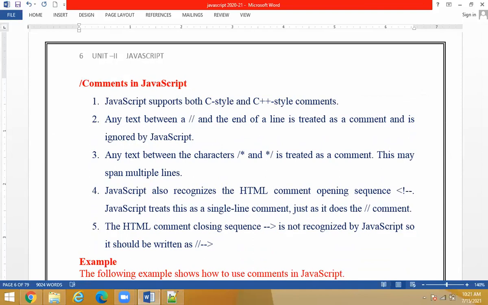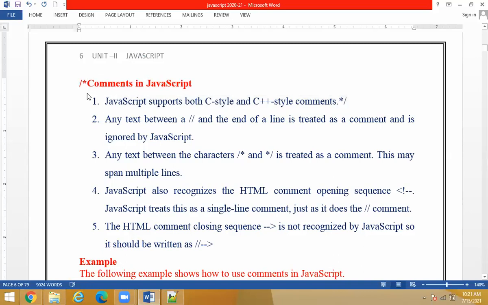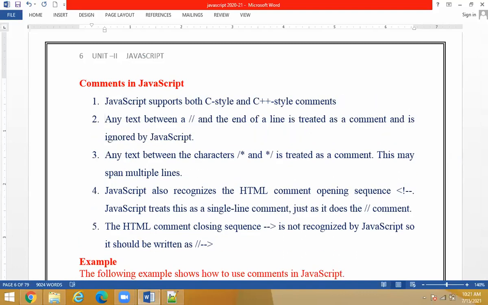Suppose I want a front slash and a star and I want to end my comment over here, that's also valid, students. It's a multi-line comment, where you can add a comment or disable the line, or you can disable multiple lines. Am I right? So this slash and star is a multi-line comment. In this way, you can use the different comment styles in JS also.